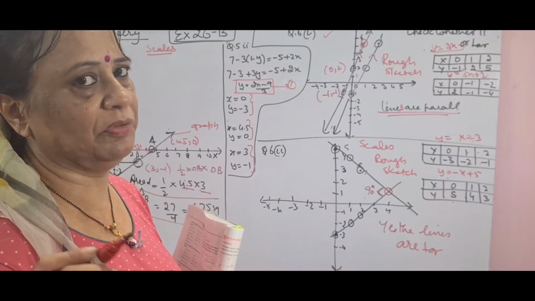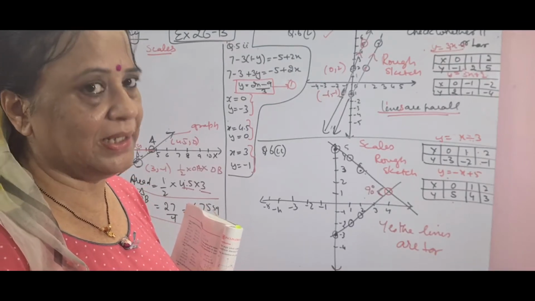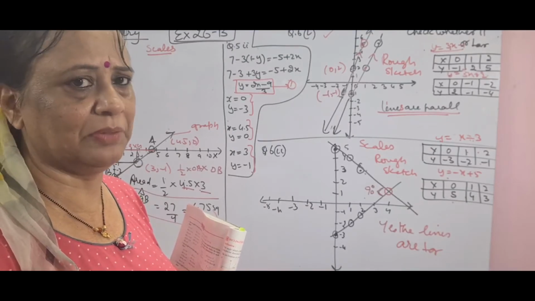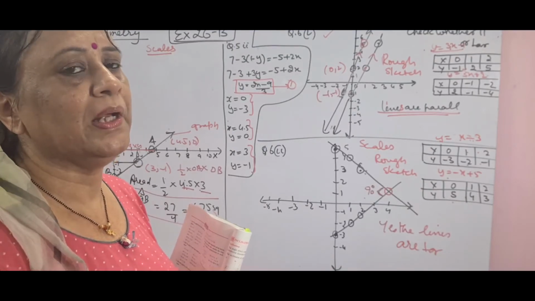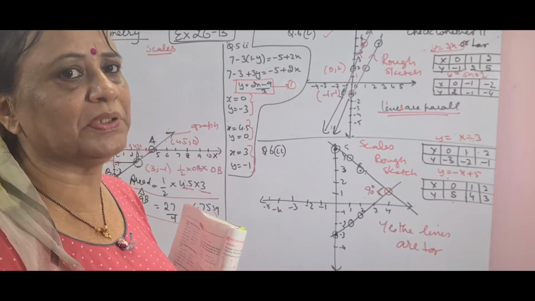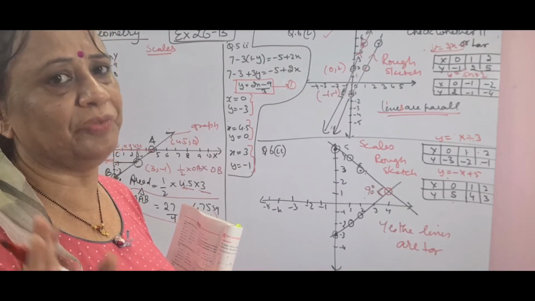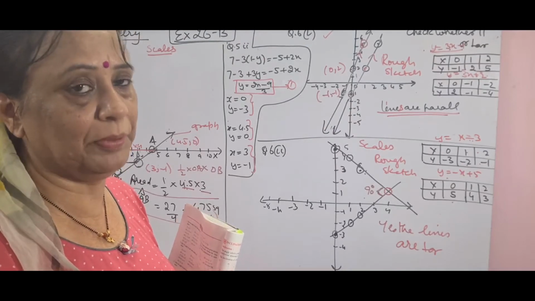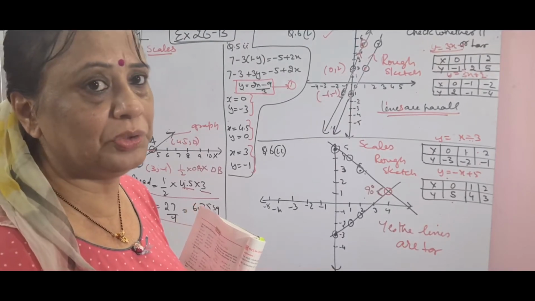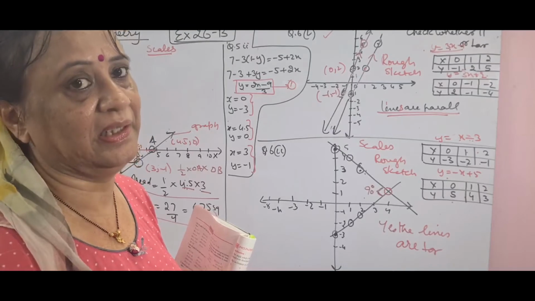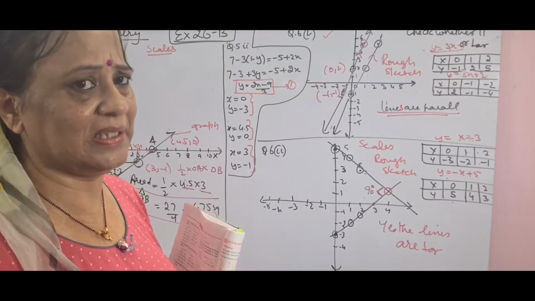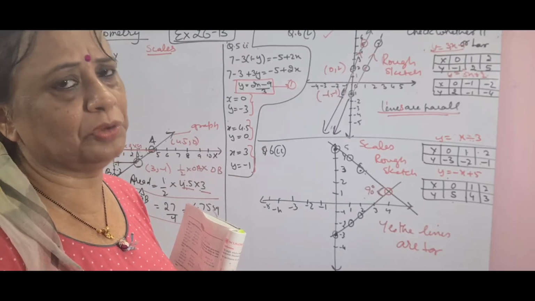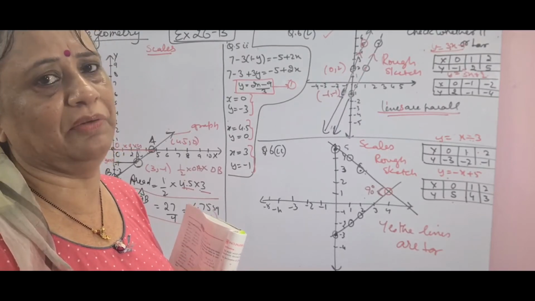Each and every step is to be followed in the same manner, and you don't have to do all the sums, children. You see the common sums in both the exercises as I have told you, and you do graph sums 3, 4, 5 fully, and the rest you don't need to go through. But right now, when you are preparing for the exam, please do the graph sums very nicely. Once you do it nicely now, in the paper you just have to go through the graph questions. That is all you have to do.